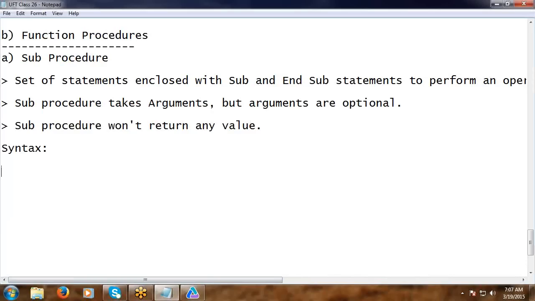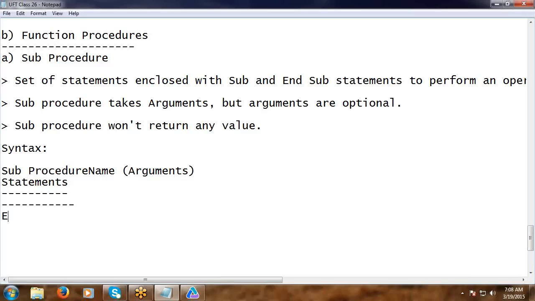See next, syntax. Sub, next procedure name, within parentheses arguments, next statements, next End Sub. Next, function procedures, function procedure,